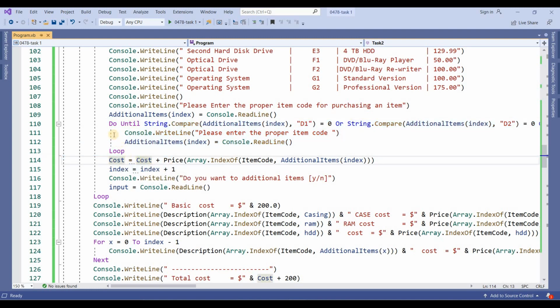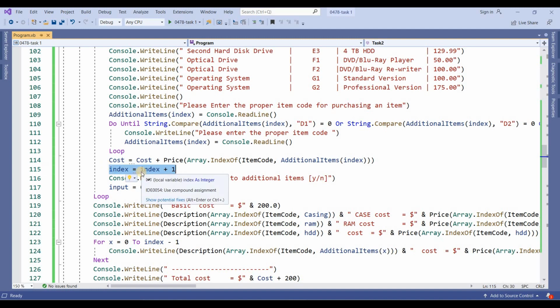Next, once you enter the value, it will calculate the price of that item. It will add the price of that item and store it into the cost variable, which we have already used in the previous task also. Once the value is finished, it will move to the next index, because maybe you want to select another category.